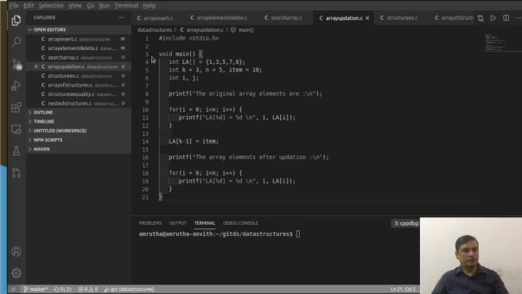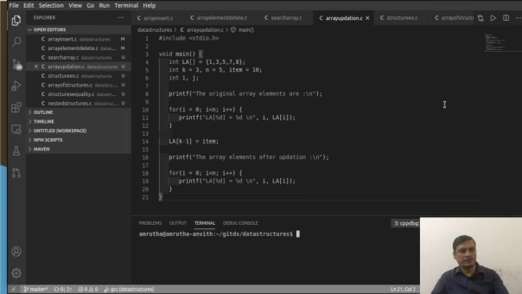Here 1, 3, 5, 7, 8, and then k equal to 3, n equal to 5, item equal to 10. So this item 10 is going to be stored at the third position. When you run this program,